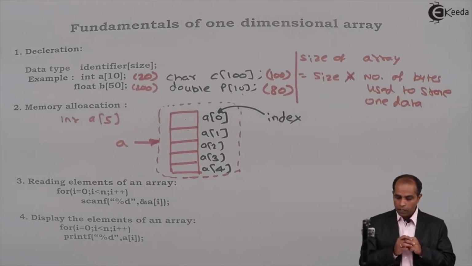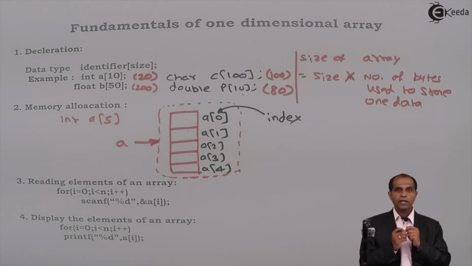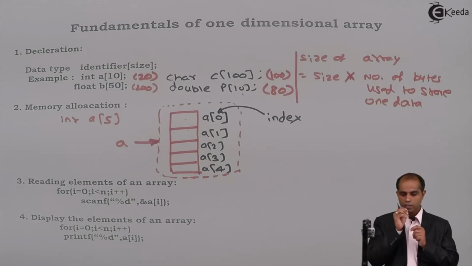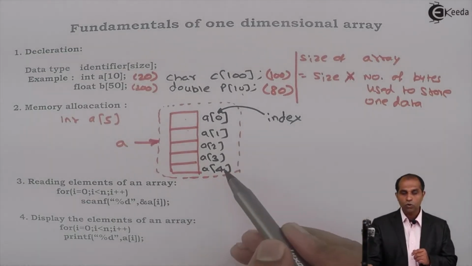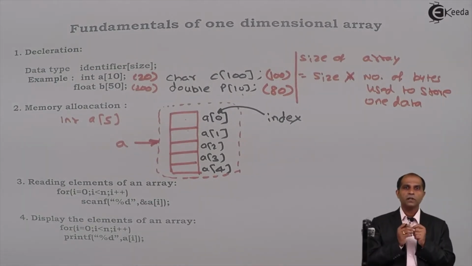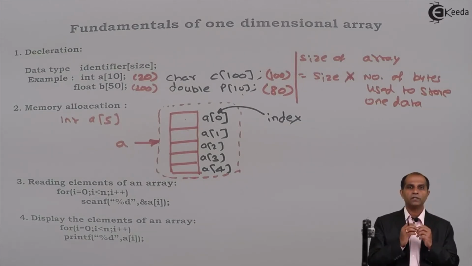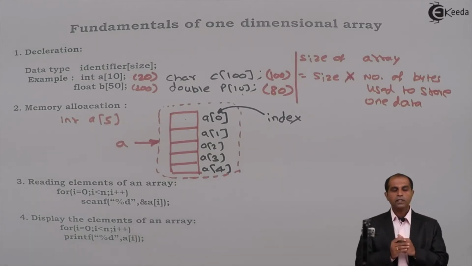Okay, now it means that I have 5 different locations and in every location I am supposed to store one value. How to store these values? You might wonder, should I write again scanf percentage d comma ampersand of a0, scanf percentage d comma ampersand of a1? No. Why don't we summarize this with a common index? Can I summarize this as a of i and take this i from what to what? 0 to 4 for n as 5. If I had to read 10 numbers, in that case I have to take i from 0 to 9. In general, if I ask you to read n numbers, I have to start with the index 0 and take the index till n minus 1, which is shown in the next part.